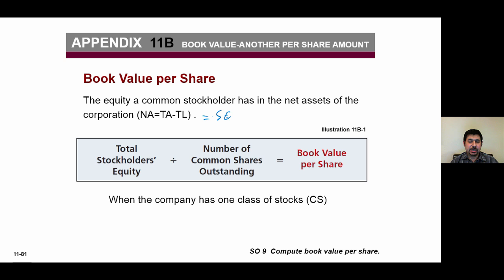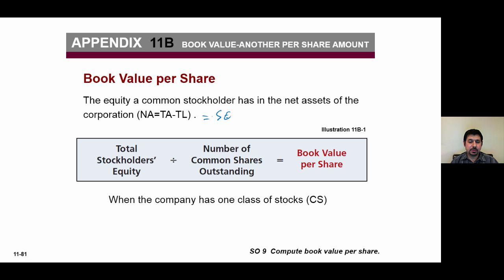This is basically to say what part of stockholders' equity common shareholders have, and this is per share. So the book value per share is equal to the total stockholders' equity divided by the number of common stocks